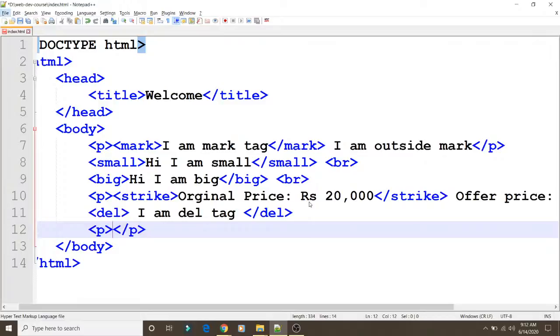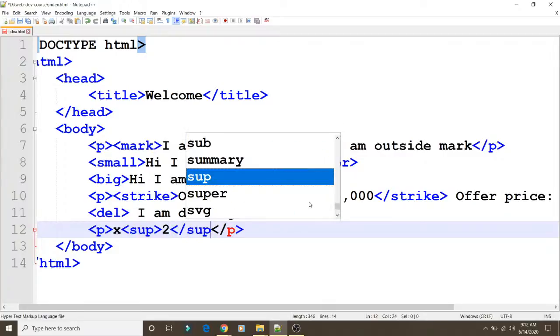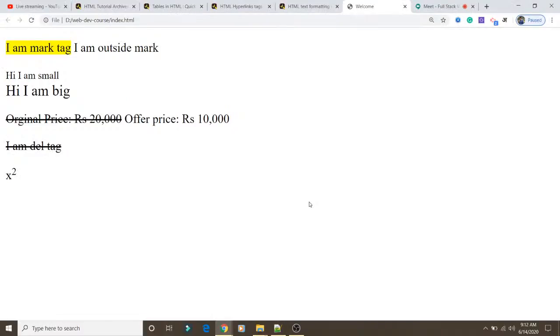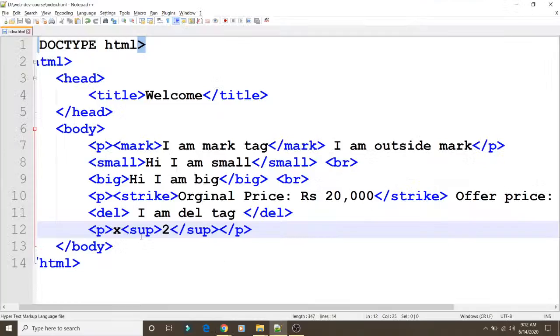So x, then sup, and then closing of this. Fine. So we'll refresh the page and you can see over here the x square. So in this way we can write the superscript. The tag which is used is sup.